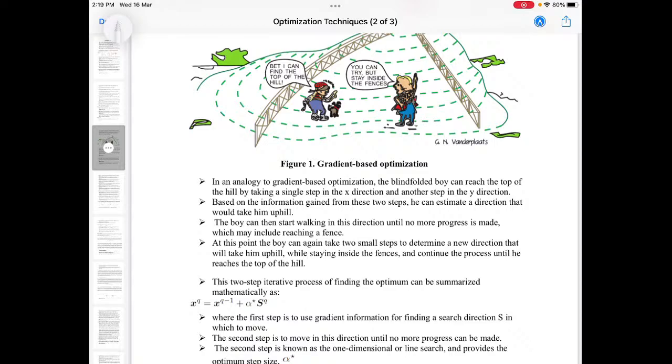So here it's clear that in the analogy, it's a simple example which is given. In the simple example which is given,